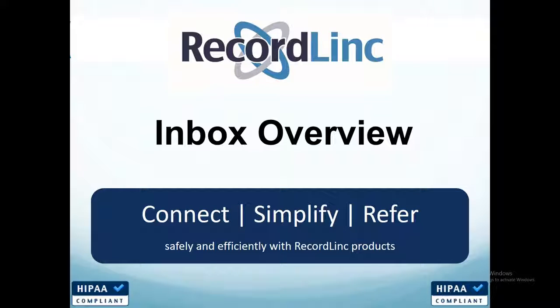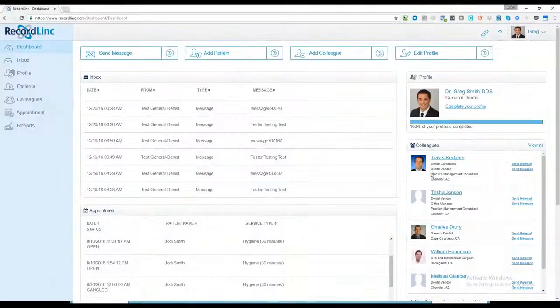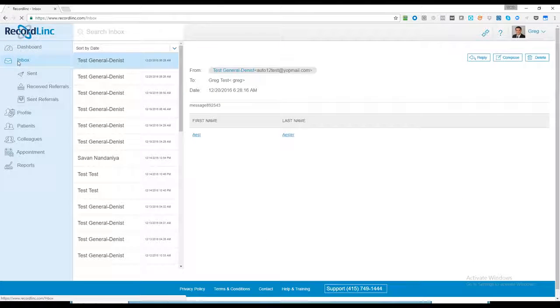Hello, we're going to talk a little bit about the inbox. So when you first log into the system, there's several places where you view your inbox. It comes right into the dashboard, as we talked about earlier. But if you click over here on the left side on the inbox, inside of the inbox, it's